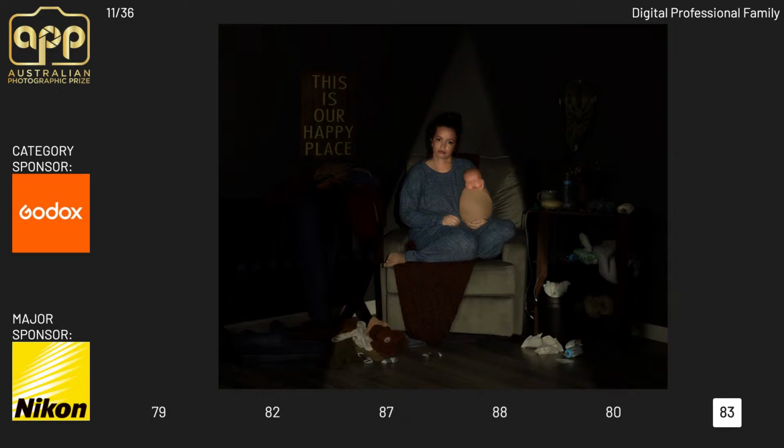Yeah, I feel like the narrative concept in here is excellent. Like the story is clear in terms of motherhood. It's not all it's cracked up to be. It's difficult. It's a mess. All those sorts of things. I'll tell you. Oh, no point me telling you what held me back, is there? Yeah, it is a strong conceptual image, and I think it is an important message that is worthy of discussion. So I'm glad we're here. Colours and tones are nice, obviously, except for the bits that aren't supposed to be nice in terms of the jarring, white nappies and synthetic plastic bits and bobs that comes with having a baby.